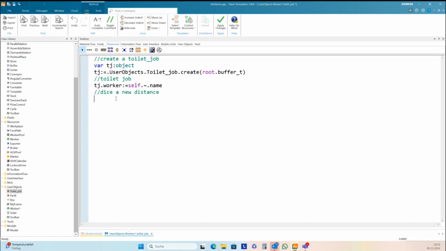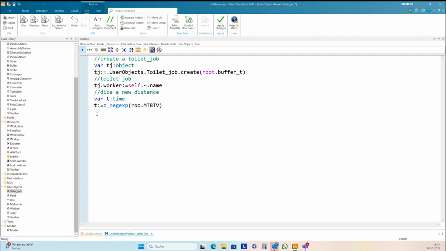And so I need one variable t as time, and t should be, we can use, for instance, the negative exponential distribution of Plant Simulation with set_neg_x. We can use root.my mean time between toilet visitors, MTBTV, for create a new distance.